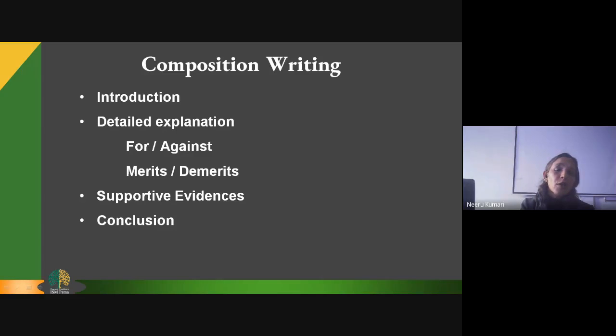And finally, conclusion. Conclusion plays a very important role, because every time you compose something, people want to reach a conclusion. What conclusion did you derive after working on it? Say, for example, if you are writing an expository composition, what is the benefit that the person is going to derive, and how well can it be used by the person who is going to use it? So that conclusion should be there. Even when you are describing what is good, what is bad, a conclusion should be there. Even in argumentation, you have to present the conclusion, because otherwise